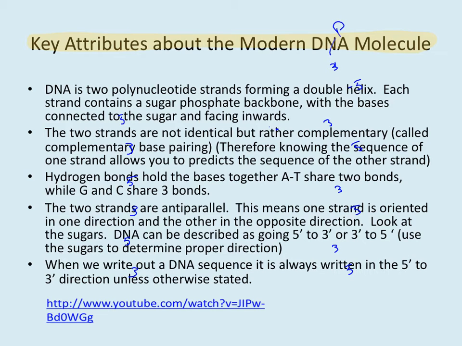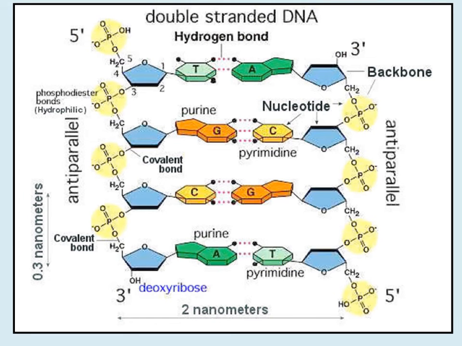Okay, the 2 strands are anti-parallel, meaning one strand is oriented in one direction and the other one is in the opposite direction. That's the whole 5' to 3' thing that I've already mentioned. And that's pretty much it for the DNA strand structure. Okay, so when we look at this, this is a good picture of what I would expect you to